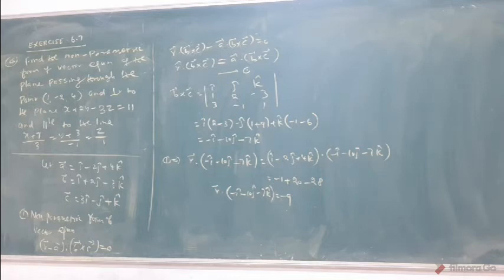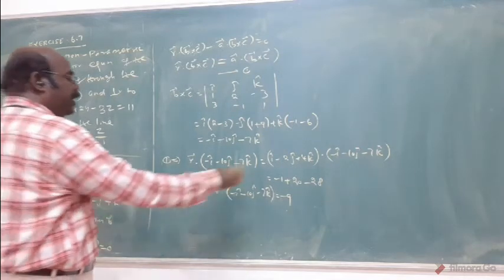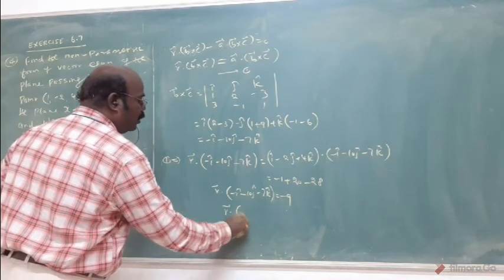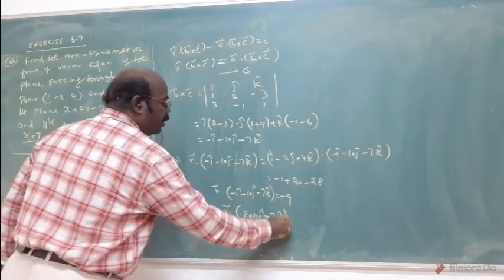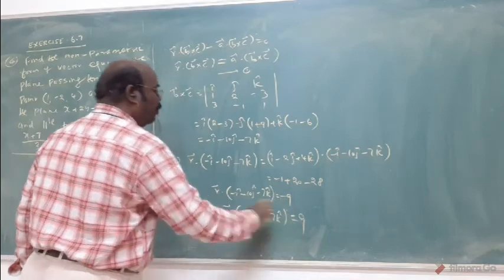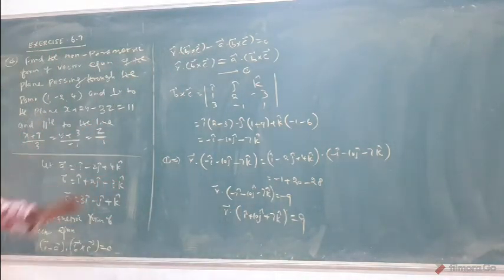Now change the sign. If it is possible to change all signs, r dot i cap plus 10j cap plus 7k cap equals 9. The first term we do not change sign. This is the concept, called the non-parametric form of the vector equation. Now the Cartesian equation is also asked in this problem, so try to get the answer.